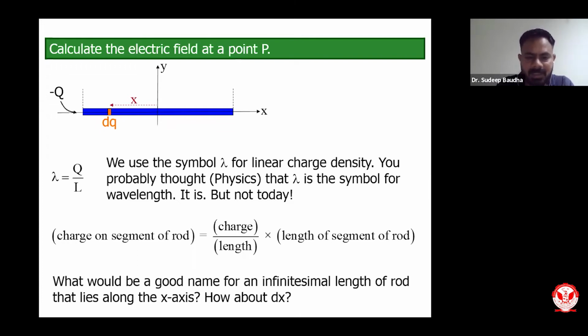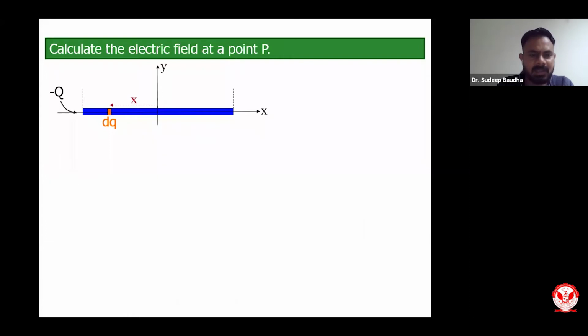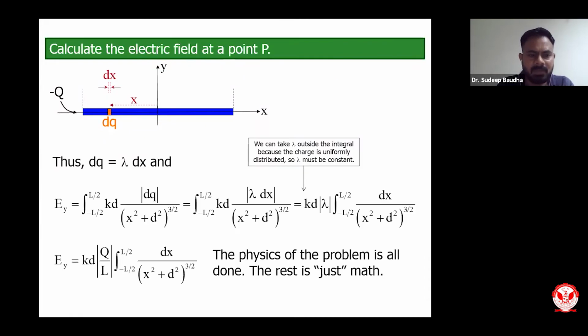So the delta x or dx is nothing but the length of that segment of the rod, and so I can write it as this is dx, that is a small amount of length in which we have dq. Right. Now dq will be equivalent to lambda dx, as we have already done. So dq will be equivalent to lambda dx. Now I can easily keep it in the equation.